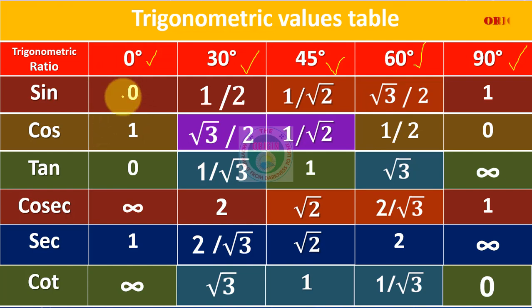From the sin and cos values, we can simplify all the remaining trigonometric ratios. Sin values are 0, 1 by 2, 1 by root 2, root 3 by 2, 1. And if you take them in reverse order, you get the cos values. Tan is nothing but sin value by cos value. Cosecant is the reciprocal of the sin value, secant is the reciprocal of the cos value, and for cot, we write the tan values in reverse order, then you get the cot values. That is the trigonometric values table.